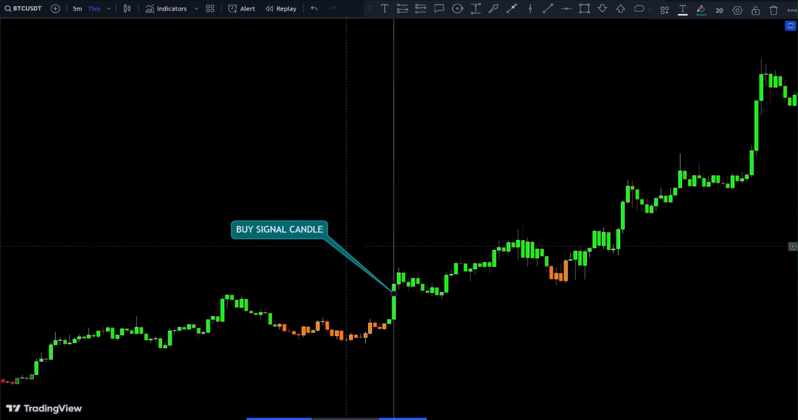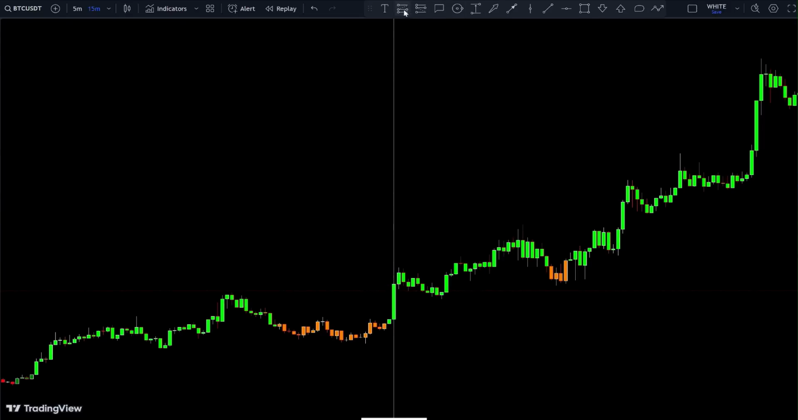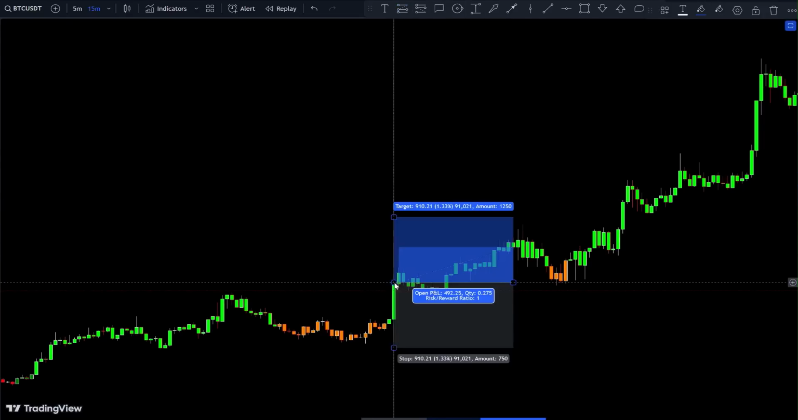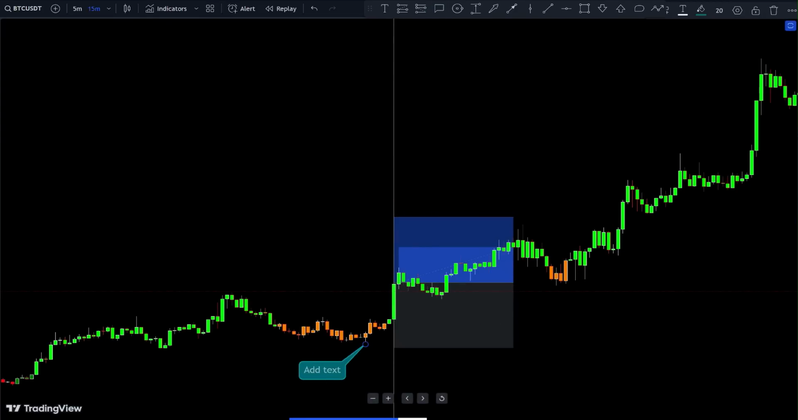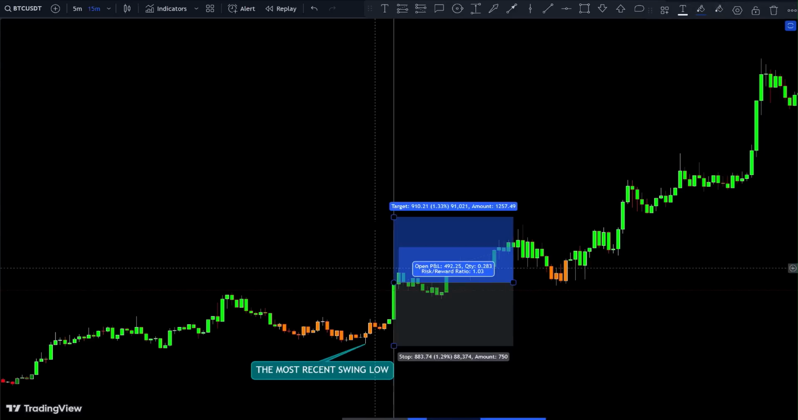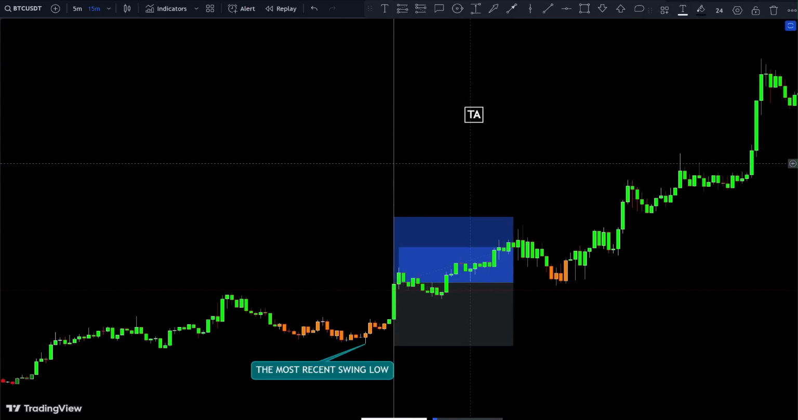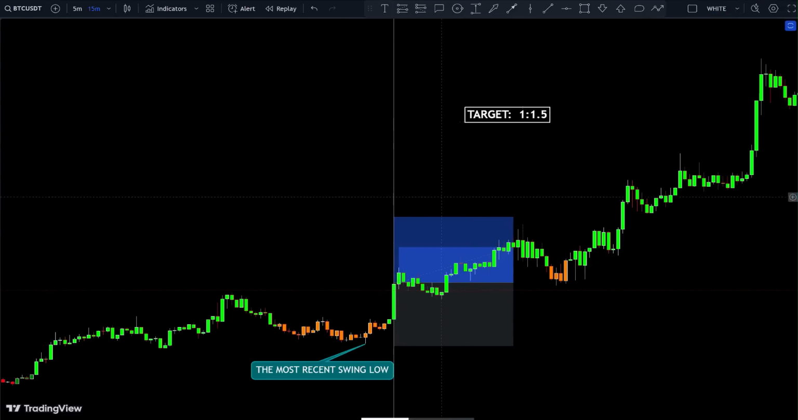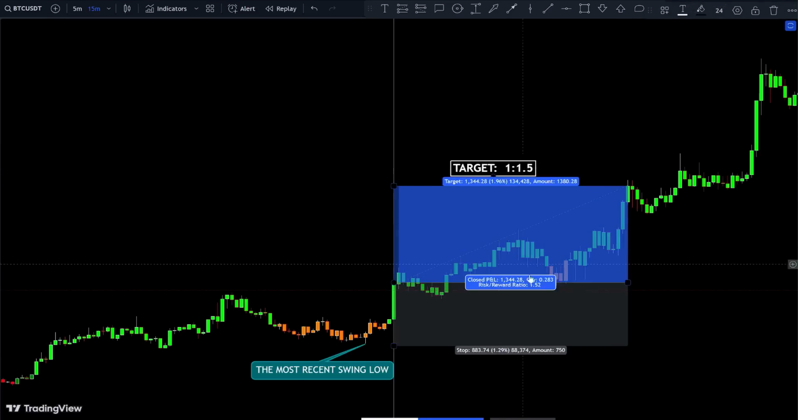Of course, as reasonable traders, we'll want to set a stop loss to protect our capital in case the market doesn't move as expected. For this strategy, we recommend placing your stop loss just below the most recent swing low. This gives your trade enough room to develop while minimizing potential losses if the trend reverses. To ensure that your winning trades outweigh your losing ones, we'll employ a risk to reward ratio of 1 to